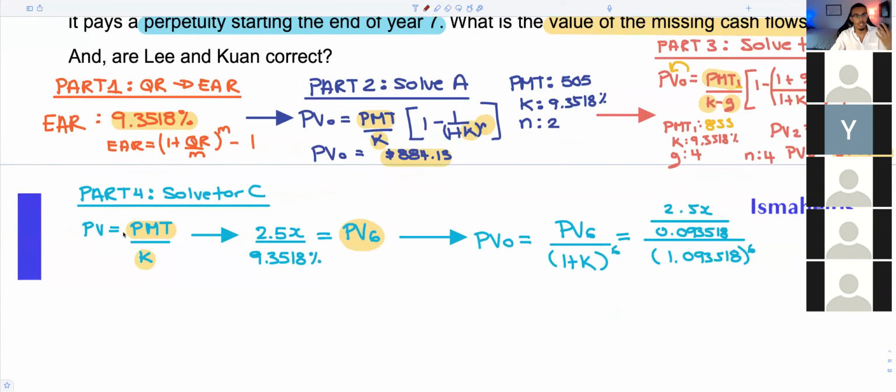So we know that C is a perpetuity, and we know our payment, and we know our K. So Shane, I'm going to ask you in the chat, just put yes every time. Is that okay so far? Yeah, and we know that essentially our payment and our K would give us PV6, right? This would be our PV6. Are we good so far, Shane? Yeah, okay, cool. And we know that PV6 is not today, so we need to discount it all the way to PV0. Is that okay? Yeah, perfect. And we know that our K is the number that we have right here. So it gives us this really ugly